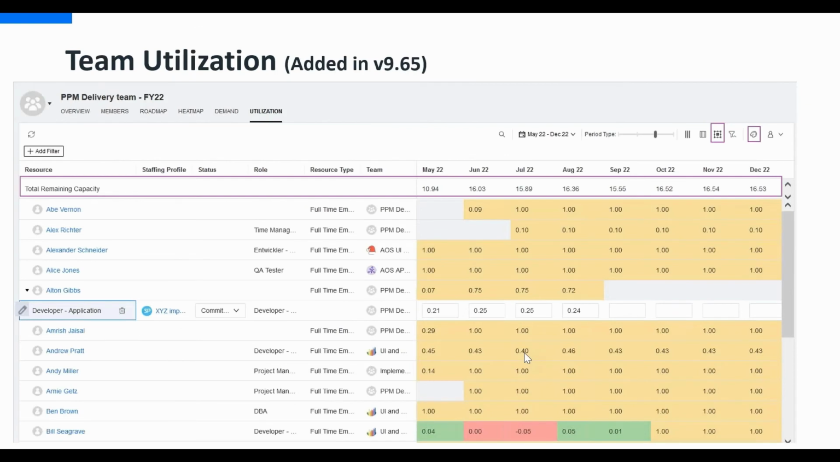Now let's look at the team utilization. The utilization tab shows the assignments and the remaining capacity of each team member in your team and its sub-teams for a specific time. This enables team managers to analyze their team members' workload. The resources' remaining capacity